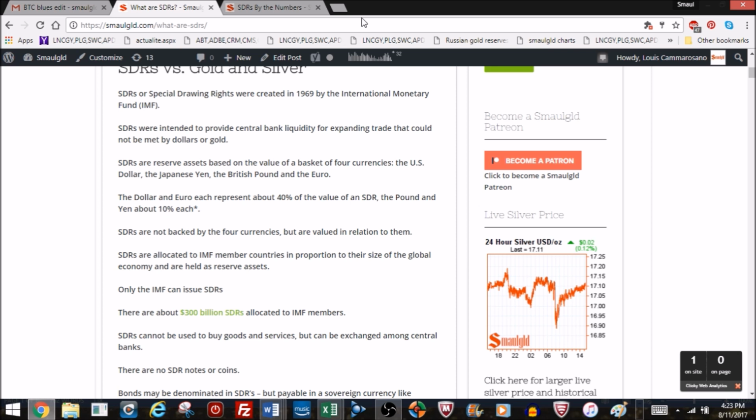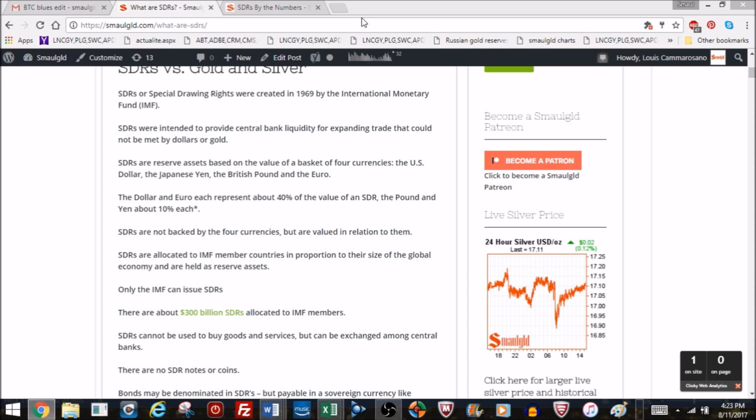Guess what the price was in 1969? $35 an ounce. So the gold supply did not increase as much between 1935 and 1969 as global trade did, but they were still using gold as a reserve asset. If gold was $35 an ounce, the added stocks of gold were not keeping up with the growth in global trade. Also, there was a dollar shortage as well.